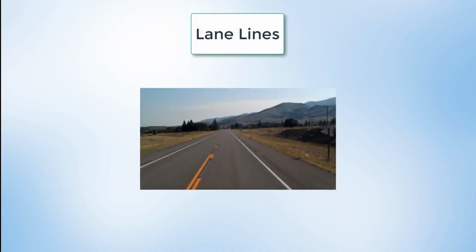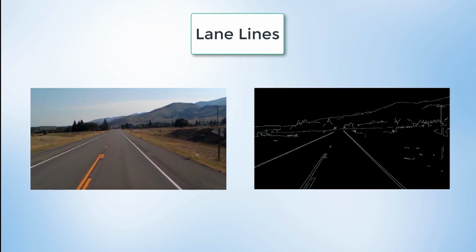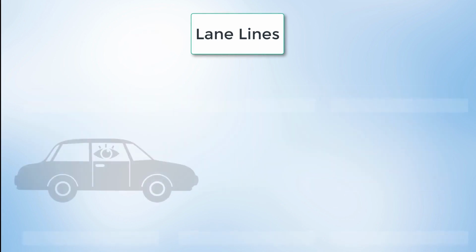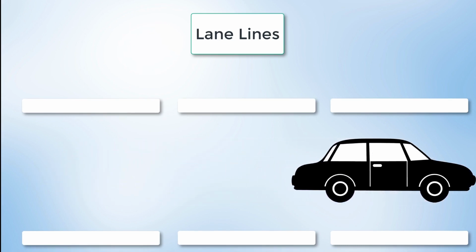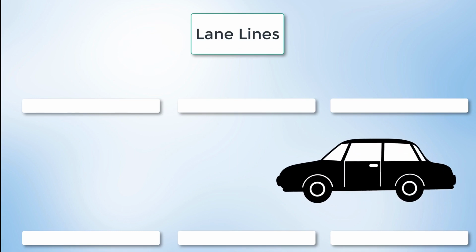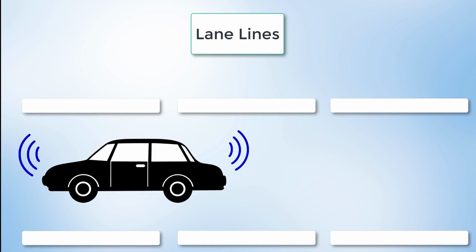The purpose of this section is to build a program that can identify lane lines in a picture or a video. When you and I drive a car, we can see where the lane lines are using our eyes. A car doesn't have any eyes, and that's where computer vision comes in, which, through complex algorithms, helps the computer see the world as we do. In our case, we'll be using it to see the road and identify lane lines in a series of camera